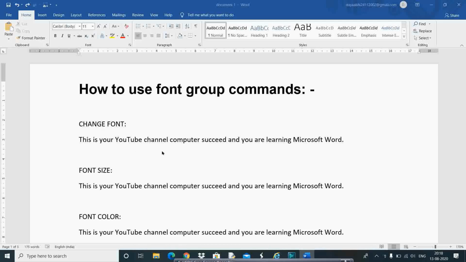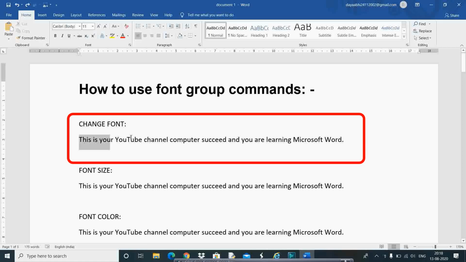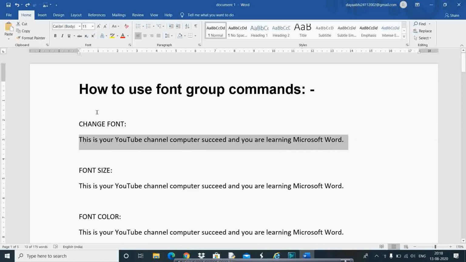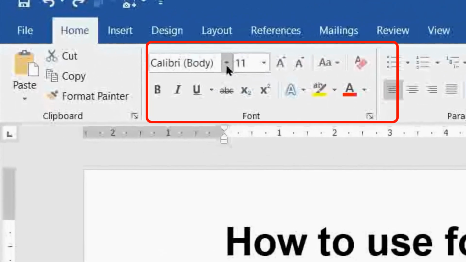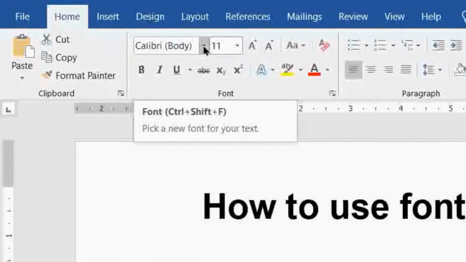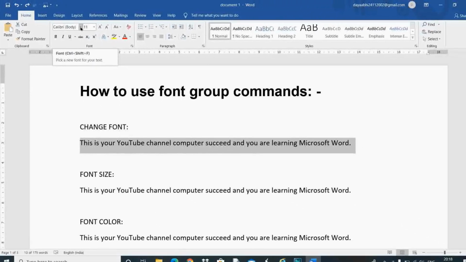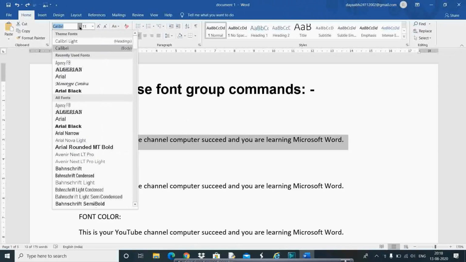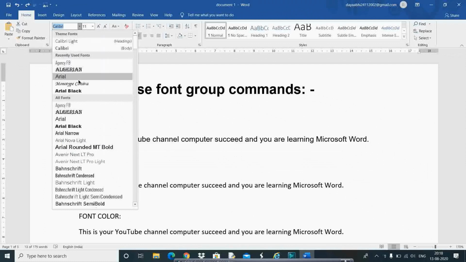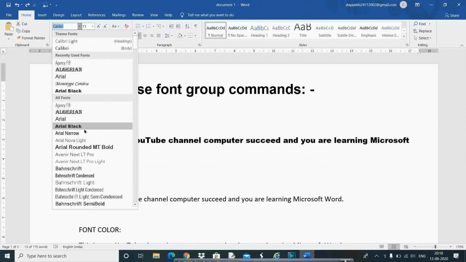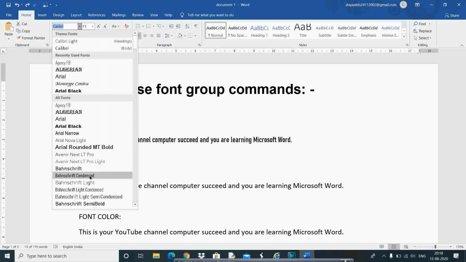I will start by selecting the text for changing the font style. Just go to the font group on the Home tab and locate the font box. You can choose the font style you want. So click the drop-down arrow to select one. You will see a preview of the result as you go down the list. And I think the Agency FB font style looks good.